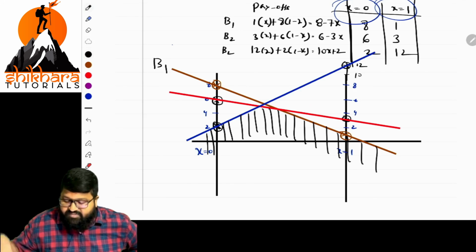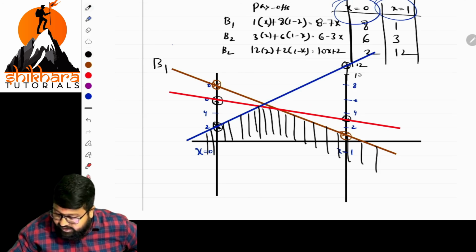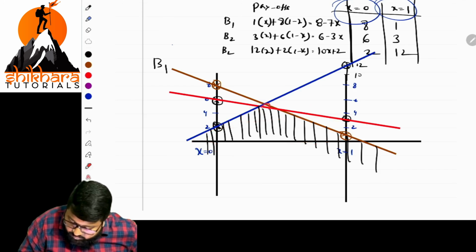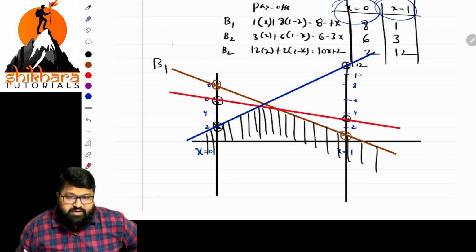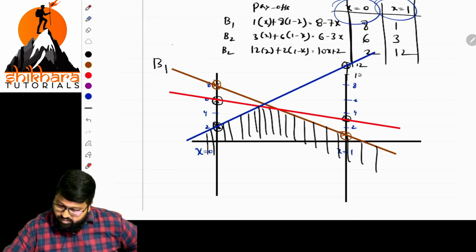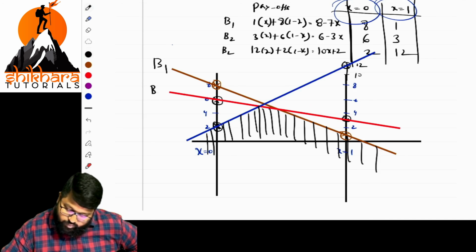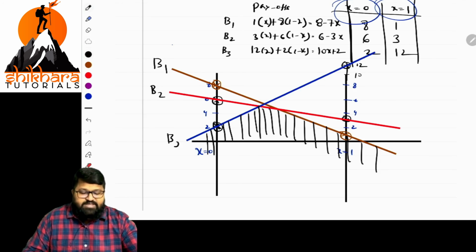From this, what is the max one? Is there any maximum point? There's a point. I'm showing it properly now. Here it's a maximum value. These all are minimum values. From these values, we are having a maximum value. So at that point of intersection, what lines are intersecting? Those two should be kept and the other should be eliminated. What are those two lines, ma? Basically, the first one is B1, then B2 and this is B3. These two are intersecting. So which line should be eliminated? B1 should be eliminated.